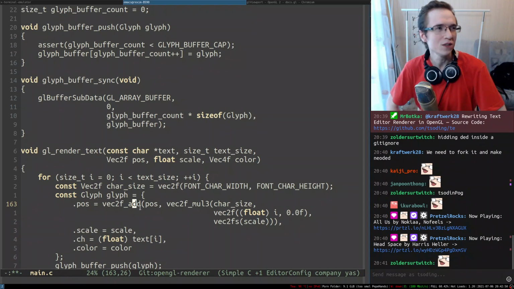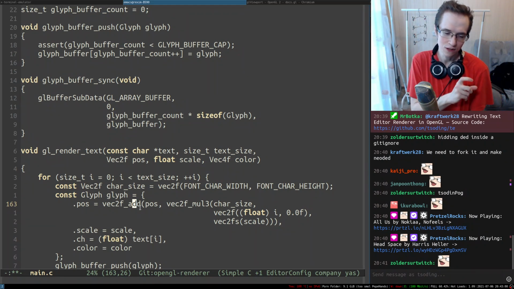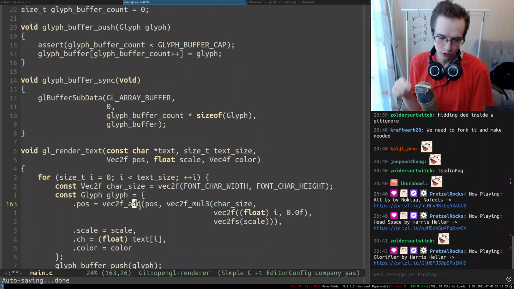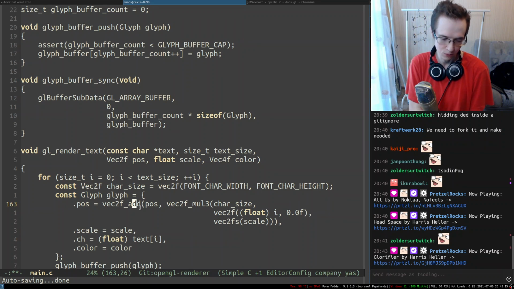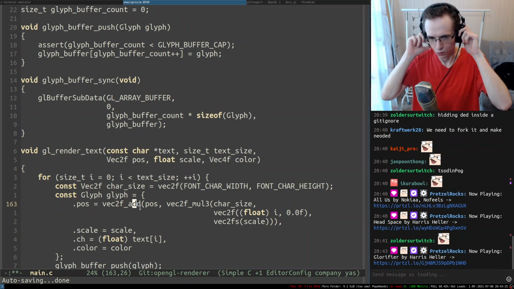So interestingly enough, we can also quite easily render cursors. Essentially, the vertex shader can figure out that, okay, I'm rendering the character at the cursor position, so I'm gonna actually tell the fragment shader to render it with a different background color or something like that. So that way I don't even need to have a separate shader for drawing rectangles and stuff like that. I can just tell the tile rendering shader to render the cursor. That's actually pretty interesting. So this is basically what I wanted to try to do, if you know what I'm talking about.